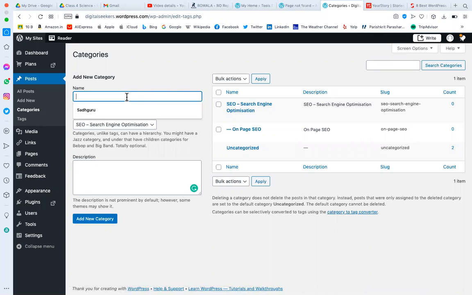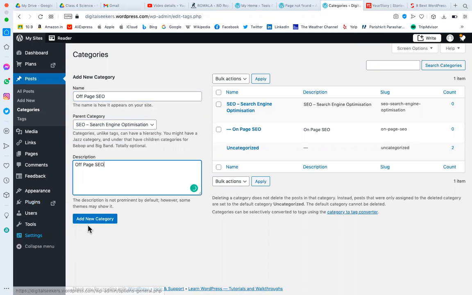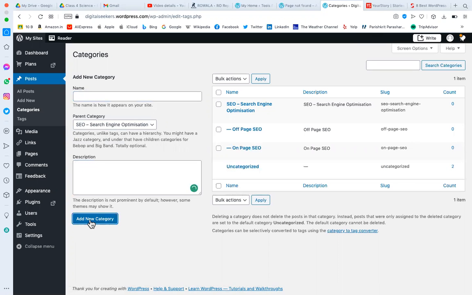In the same way, if you have created off-page SEO, you can select the parent category. Right now I'm selecting SEO as the parent category. You can click on add category. That way you can create categories, as many as you want, because you are producing a lot of information: blogging, resources, learning, all these are different ways to create a blog post. So you can create a category like trend, digital trend.